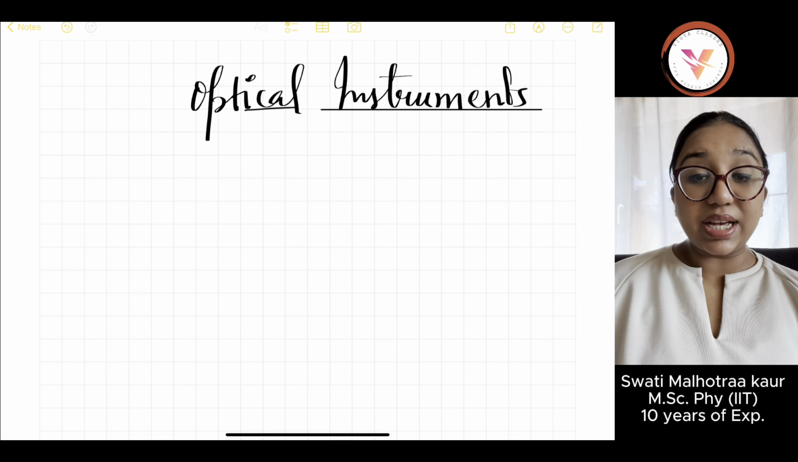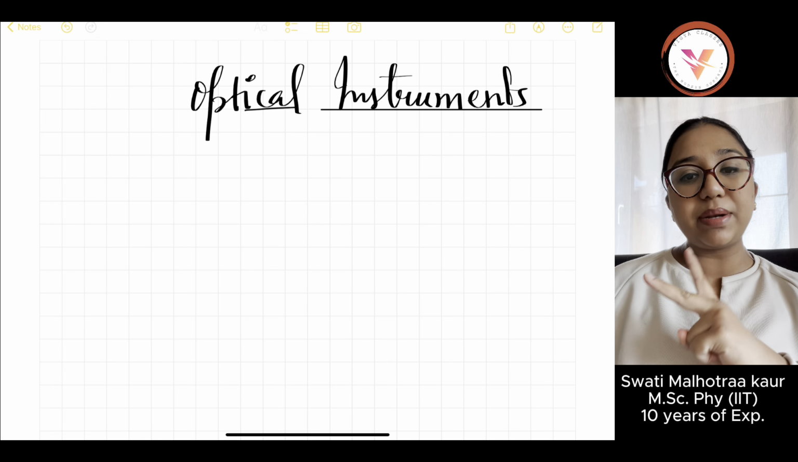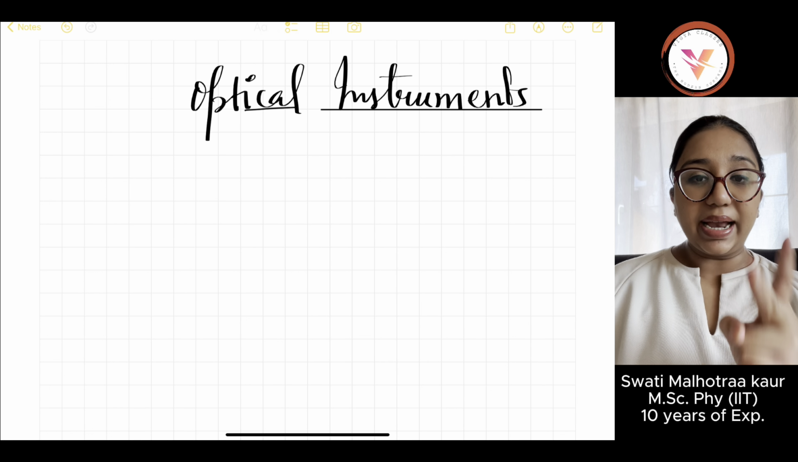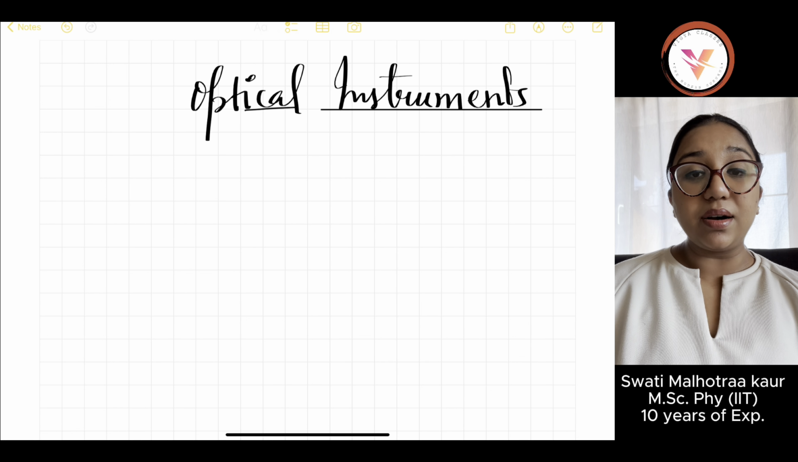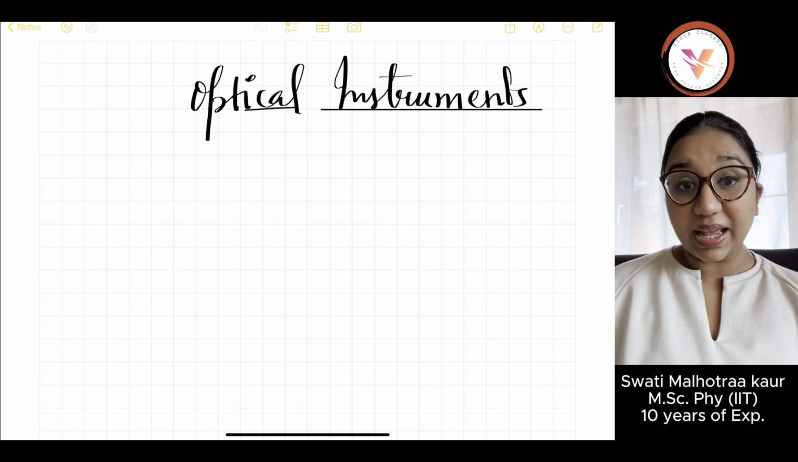वेलकम बैक फिजिक्स एंथुसियास्ट इन अ वीडियो ऑफ ऑप्टिकल इंस्ट्रूमेंट। आज की वीडियो में अपन दो ऑप्टिकल इंस्ट्रूमेंट माइक्रोस्कोप, कंपाउंड माइक्रोस्कोप एंड टेलीस्कोप के बारे में समझेंगे। द रे डायग्राम एंड मैग्नीफाइंग पावर विच इज एन वेरी इंपॉर्टेंट टॉपिक फॉर सीबीएसई। लेट्स बिगिन विद दैट।